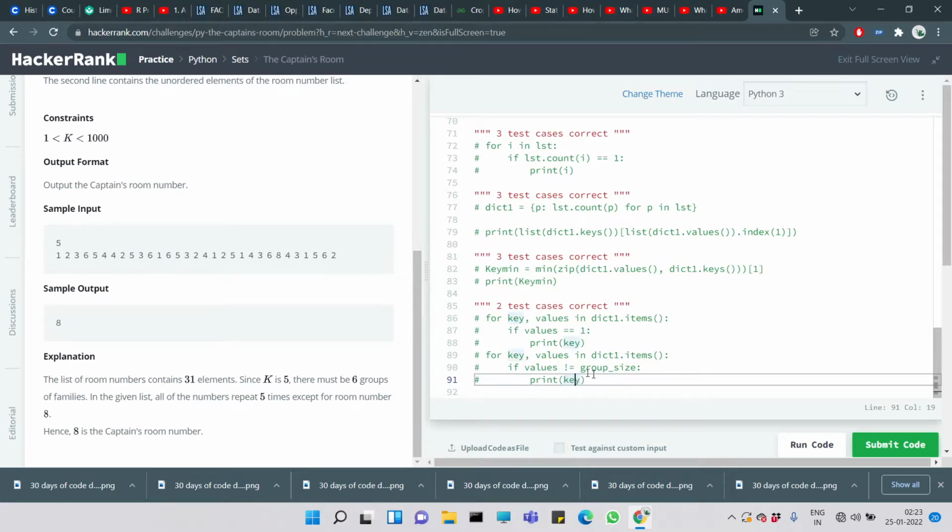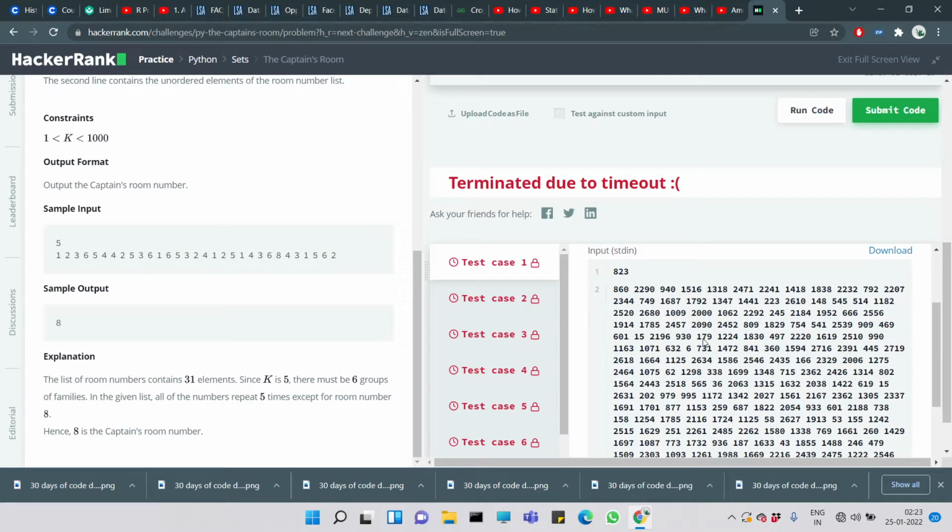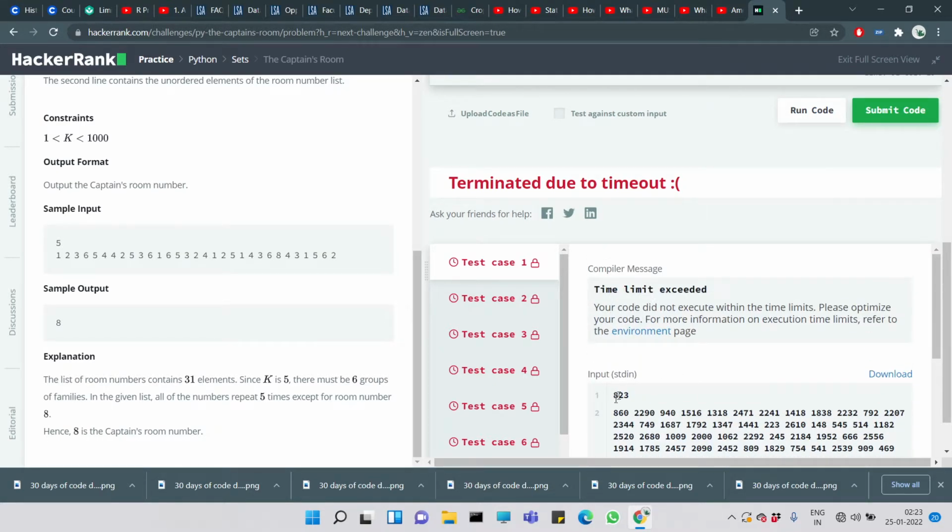But when we run that, it's showing time limit exceeded, says 823 members. The test case here is so huge, 823. How can even 823 members fit in one room? It's practically impossible. Yeah, whatever. So 823 here,